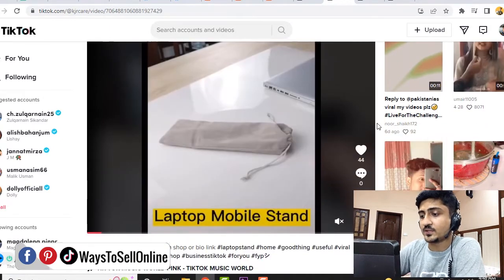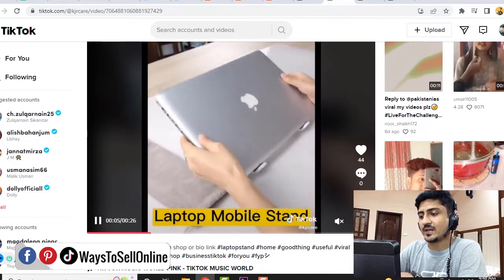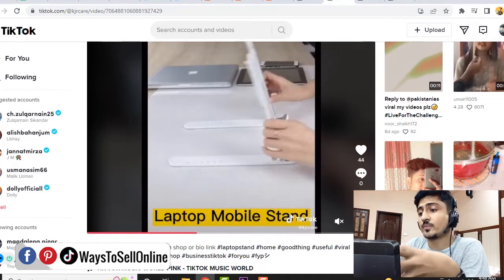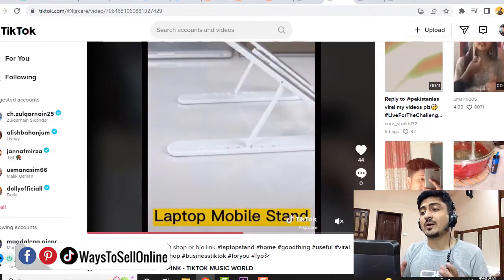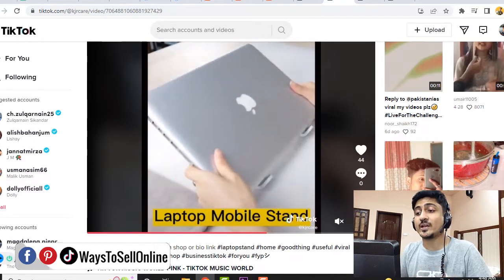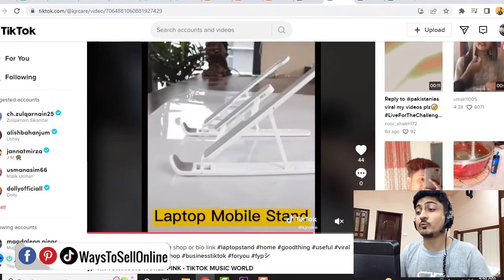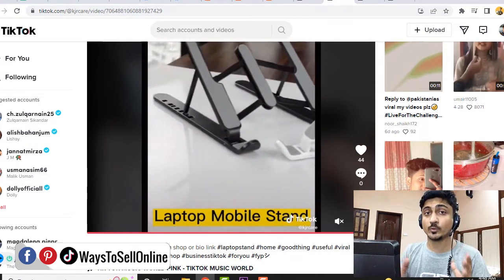You can see that this is a different video of the same laptop stand. You can see that this video has a text below and the product, and they are showing the weight of that product, like this product is lightweight. So there will be countless features and countless points that you can tell your audience about that product. Like it is lightweight, it has a premium material, it will make your life easier, it's a super cool product. So you can make many videos. I hope you're getting my point.